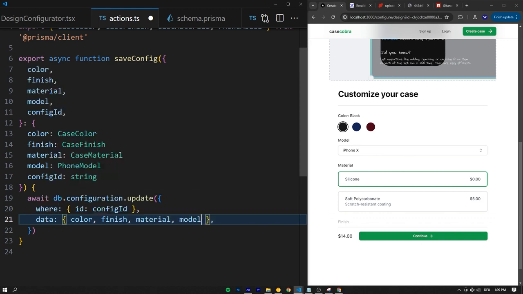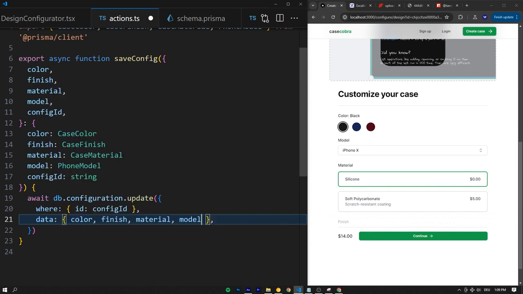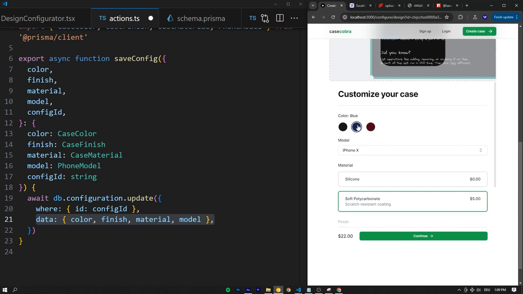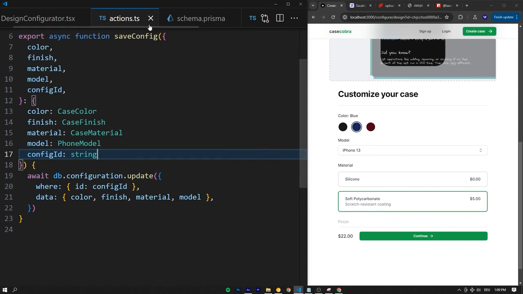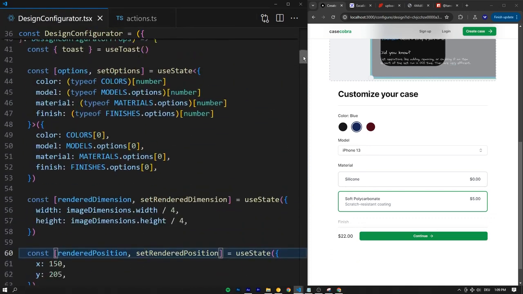We can simply pass in here. Now there's a bunch of other options, of course, but we don't care about those. We only care about these 4 things that the user specified right here in their selection screen, right? And that's it. That's all we need to do, right? We can already save this actions.ts file. Let's close out of some of this, and we are all ready to go and use this function with React